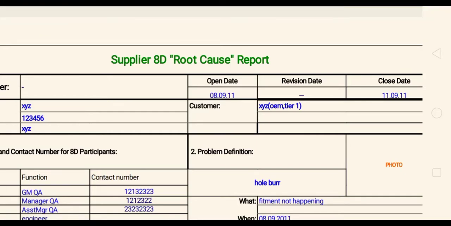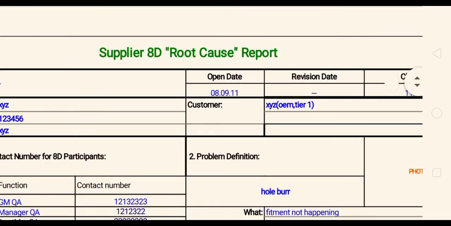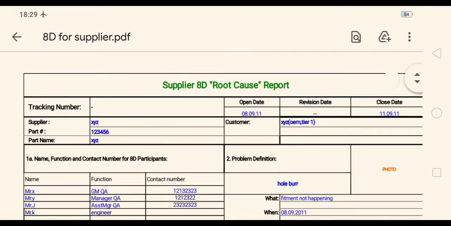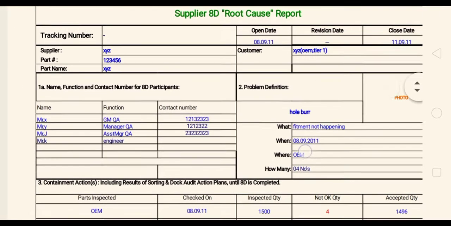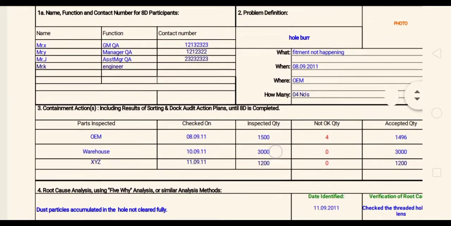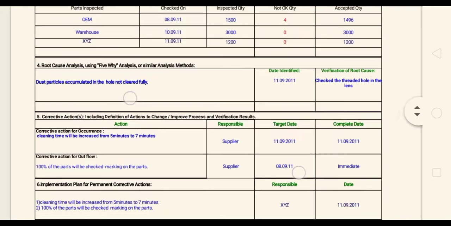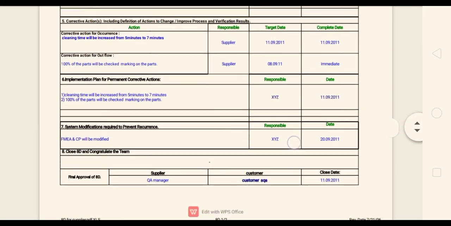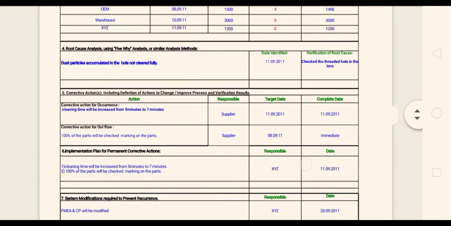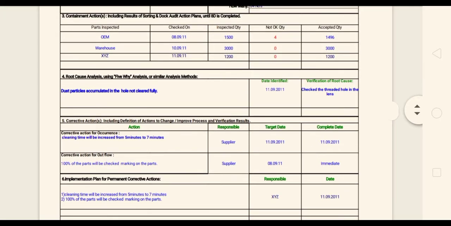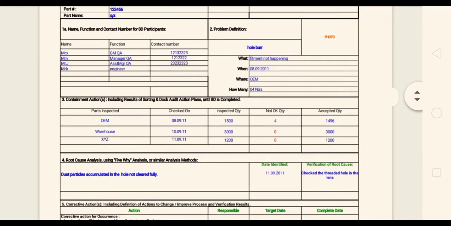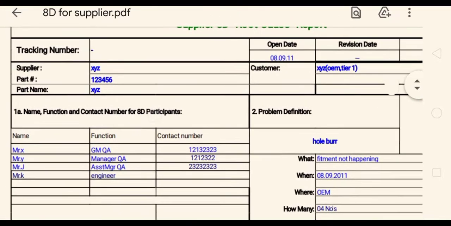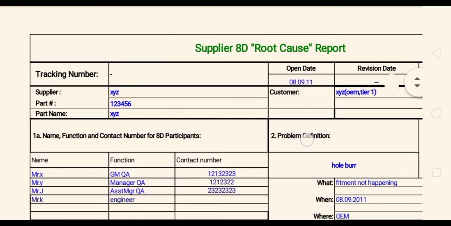So last time I already put up a video regarding this 8D process and how it works. What you're seeing is the 8D format, which is used in companies most of the time. This is the format we fill up and give to the customer whenever a problem arises at the customer end. We have to fill in what action is done, what countermeasure you have taken, what the defect is, and what sorting activities have been done, and give it to the customer. So we'll go through each and every step.